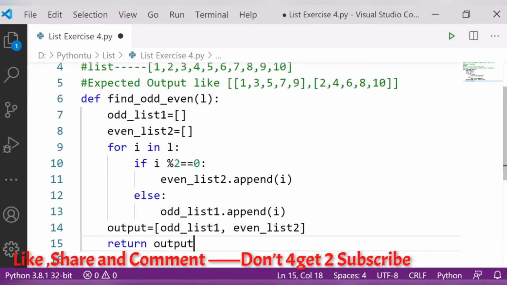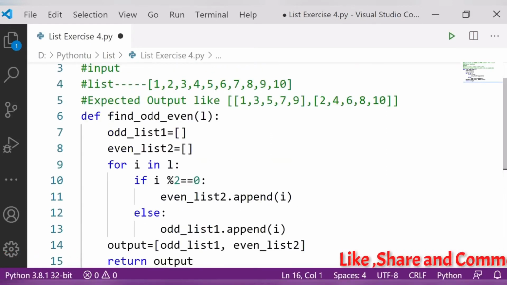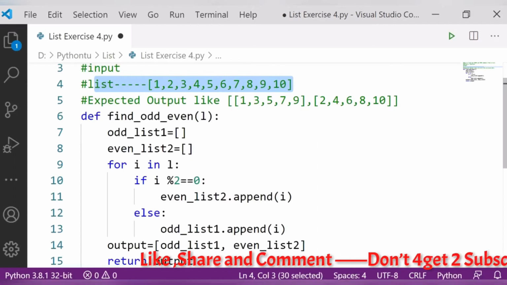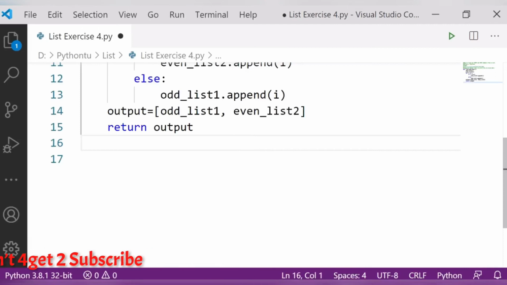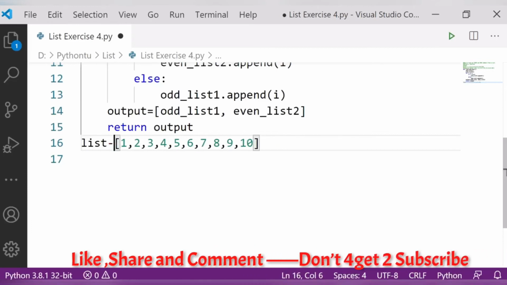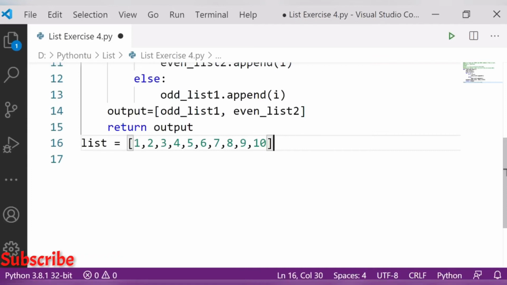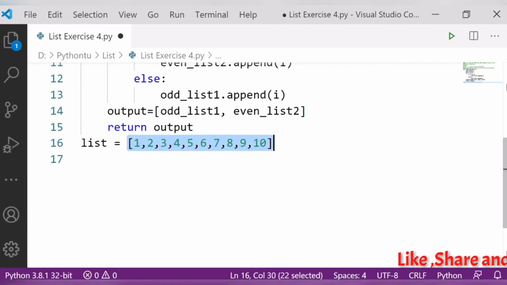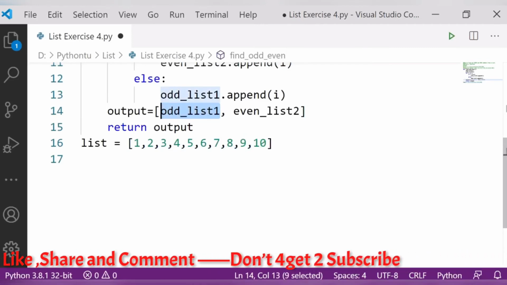Now after that I have to simply call my function with a list. Any list you can take, that is your choice, but because I have given you one here, I'm taking that list only. So this is my list. I want this list to segregate odd numbers here and even numbers here.